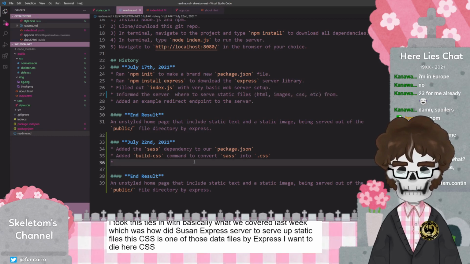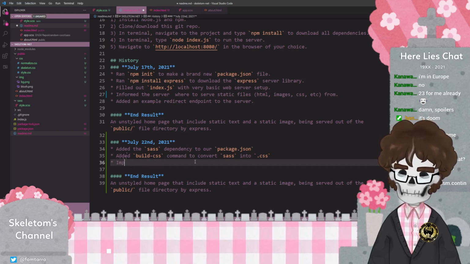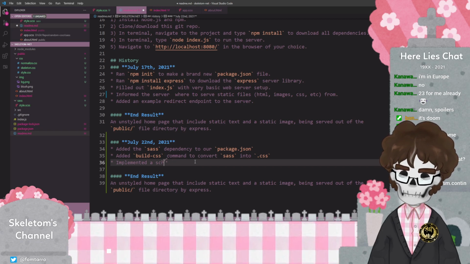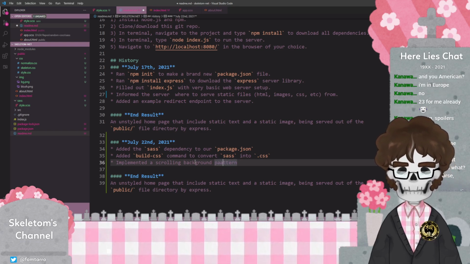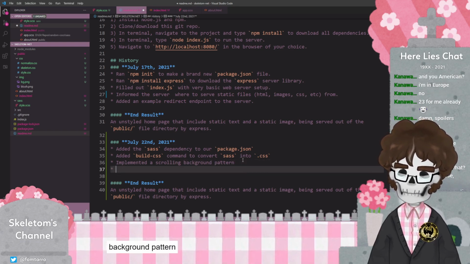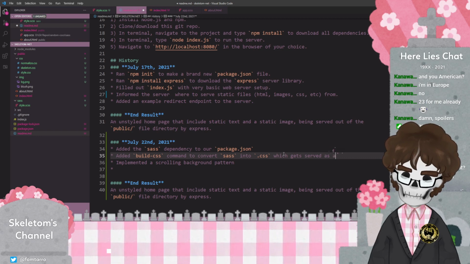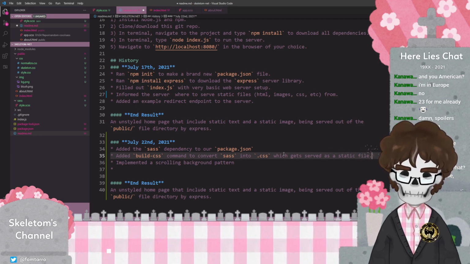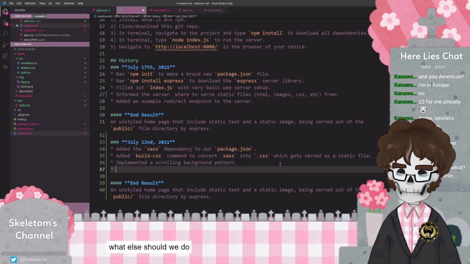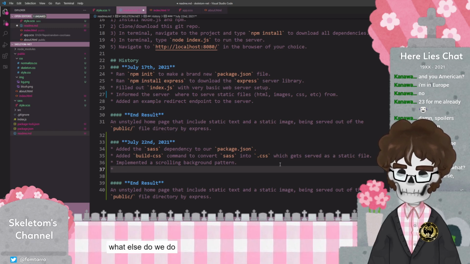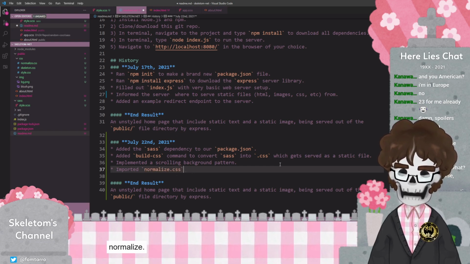CSS, etc. Method of scrolling background pattern. What else do we do? Normalize.css and